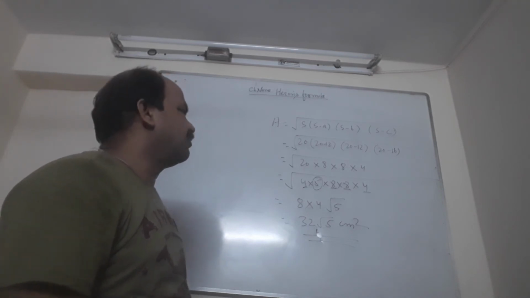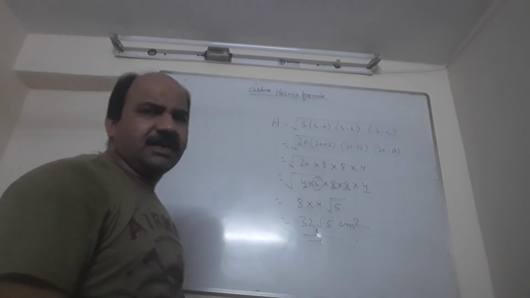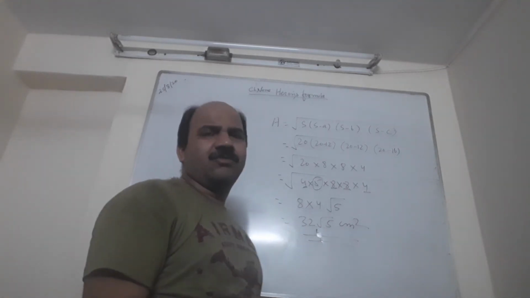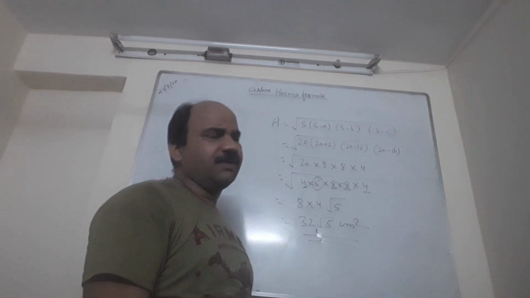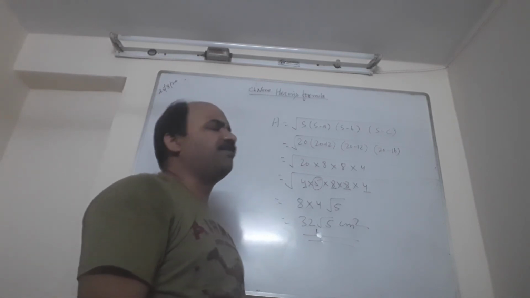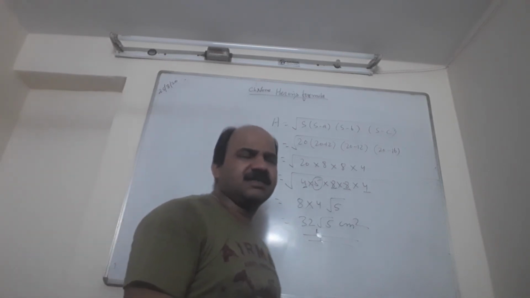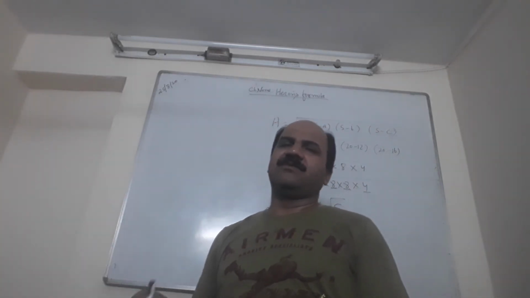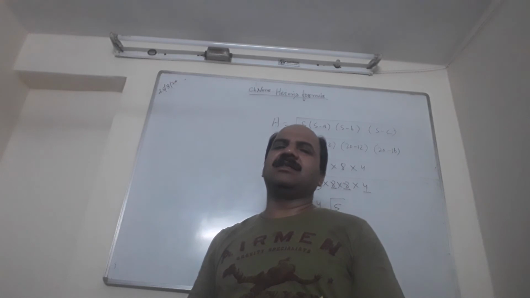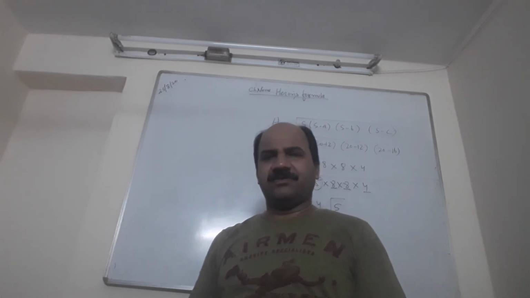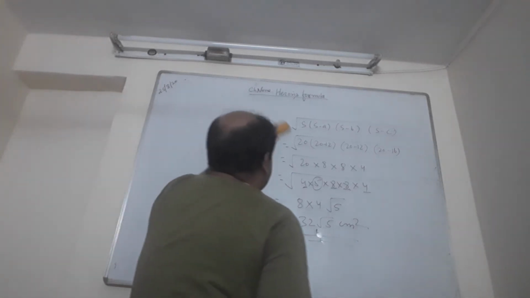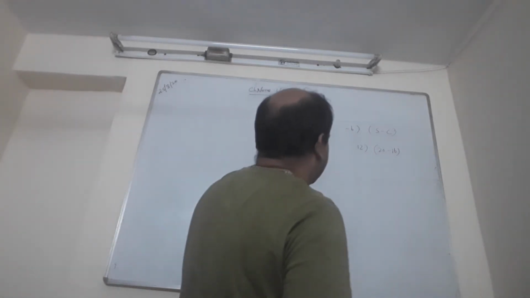Similarly, the second type of question is given in which the sides are given in the ratio 1:2:3, and then the perimeter is given. In such a case, first we have to find the sides of the triangle, then find the semi-perimeter, and then find the area of the triangle. So there are different modes of questions here.